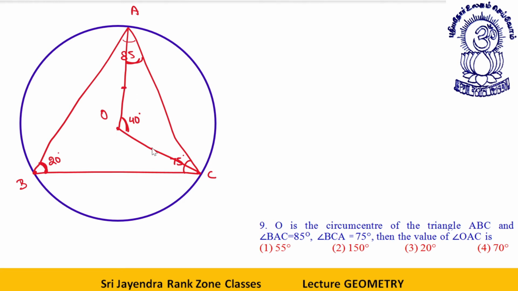Now this is the radius, this is also the radius. So as a result, what will happen? This is R, this is R, this angle is 40 degree. So these two sides are equal. Therefore, by isosceles triangle property, equal sides then equal angles. These two will be equal to 70 degree. We were asked this angle will be 70 degree. Okay, dear students, clear to all of you? Fine. Let's take the next one. You can have a look over it if you want to.